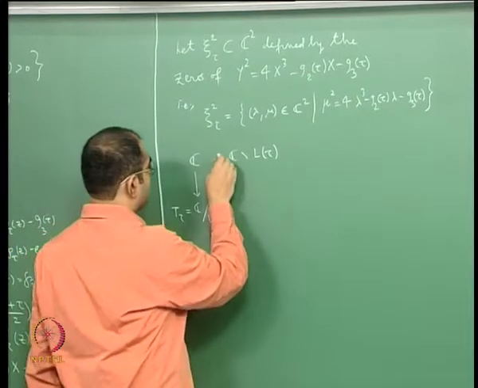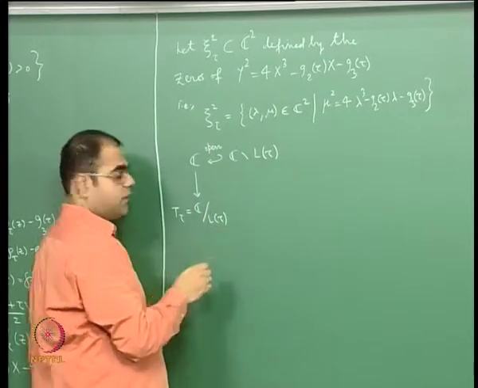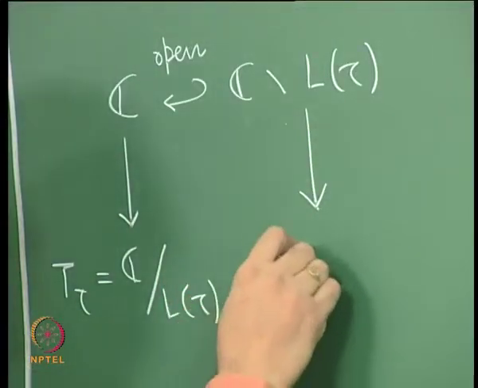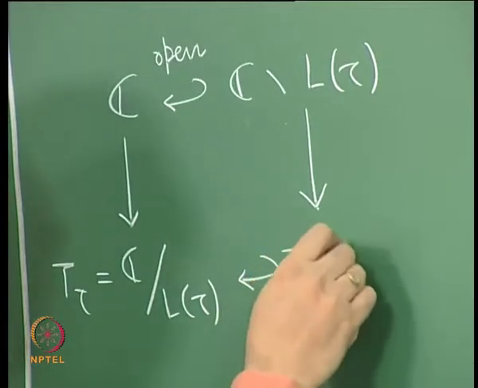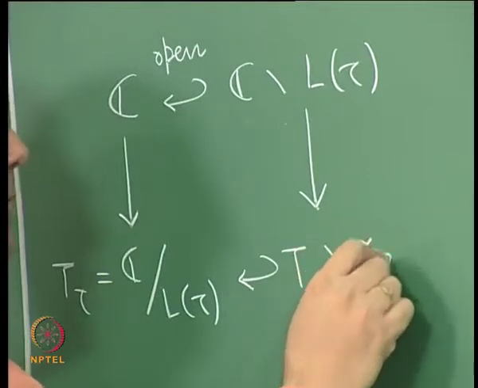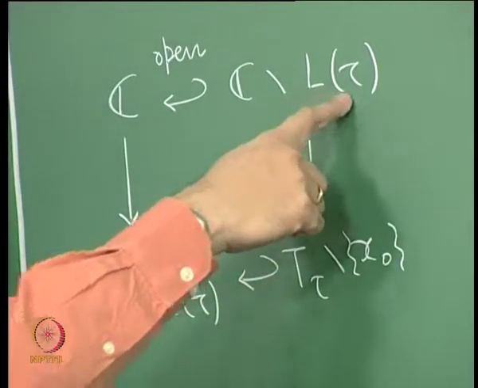If you take this as an open subset here, and take the quotient, what you will get is an open subset here, that will be the torus minus, let me call this x naught,